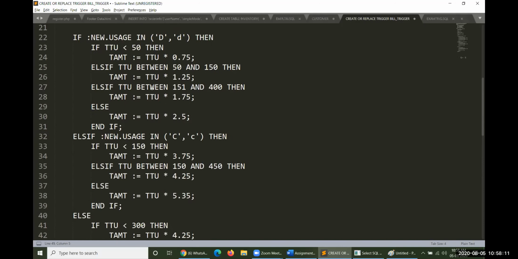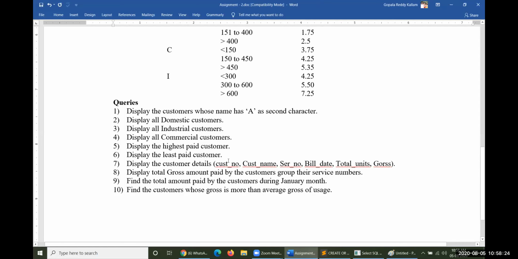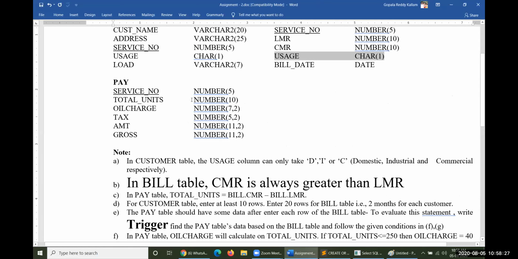These are different kinds of usages. After this, what exactly are we trying to perform? You need to insert the data into the pay table. Before inserting into the pay table, we need to find the gross.